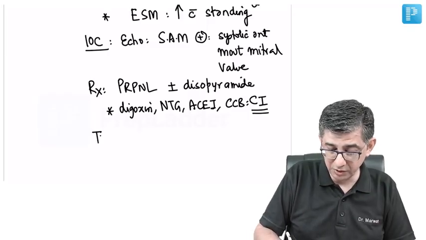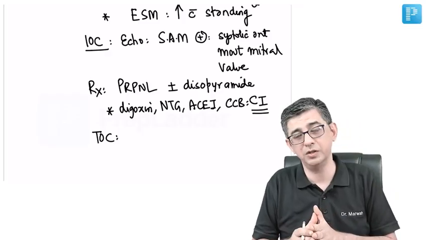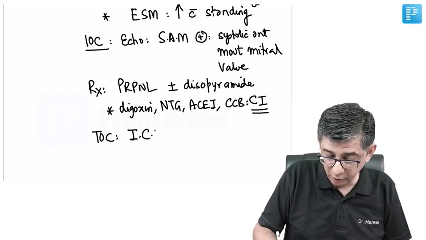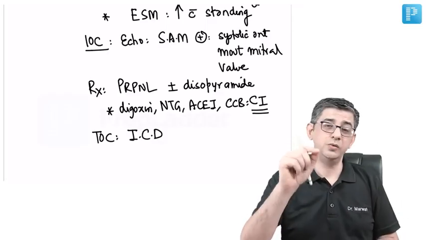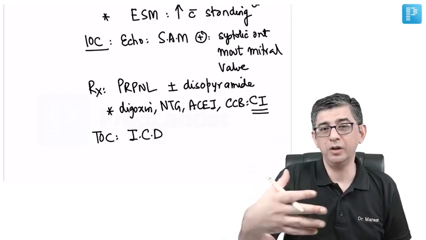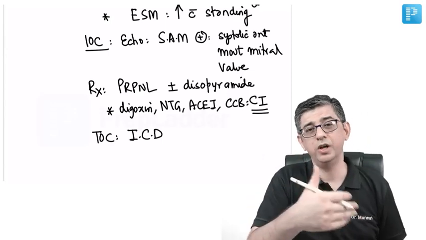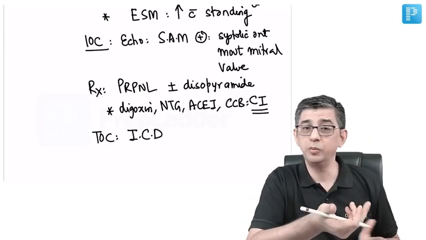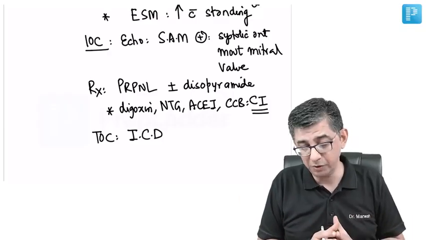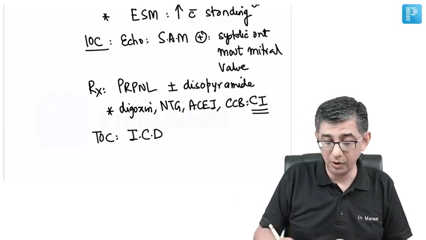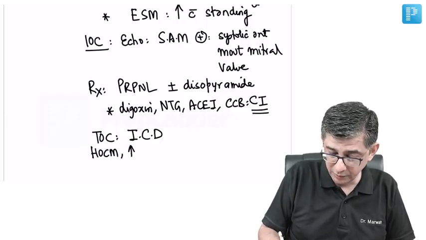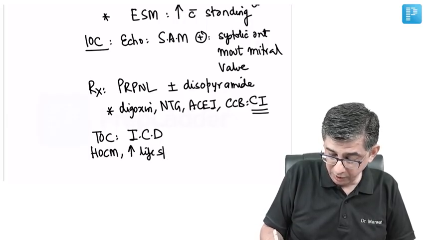The treatment of choice that will reduce the mortality in these patients could either be surgery, or we can go in for an implantable cardioverter defibrillator. This device will read the heart 24/7, and if it finds an abnormal rhythm, then this device has sufficient power to deliver a DC shock without the patient ever coming to know that a DC shock was delivered, and the patient would just be fine. So the treatment of choice for hypertrophic obstructive cardiomyopathy to increase the lifespan of the patient would be an implantable